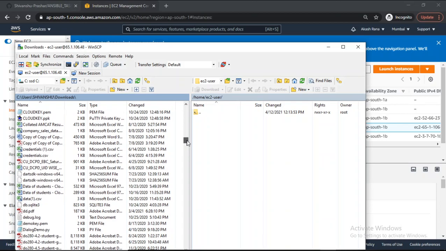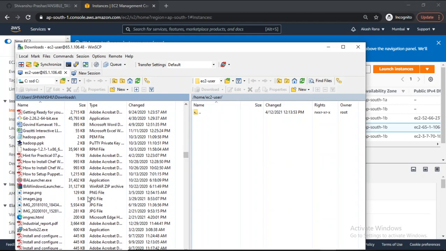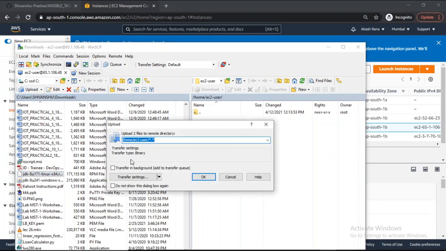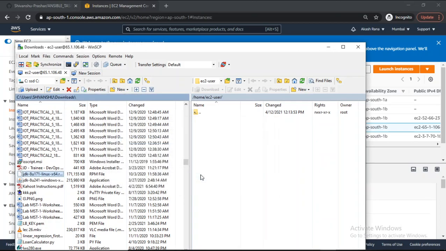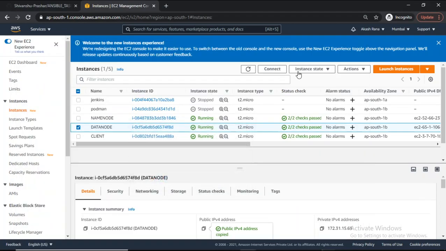Hadoop and JDK. So here is Hadoop, this one, and another one I have is this JDK. Okay, so these two files I want to upload. I have to simply click on upload, and this will upload at this location. I will show you when I take access of that machine. It will again take some time. So let me minimize this part and